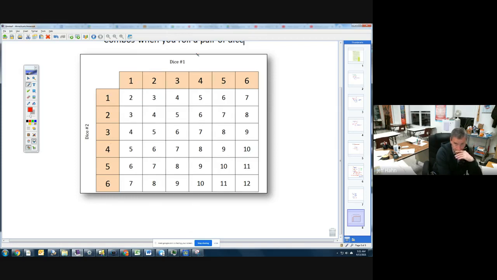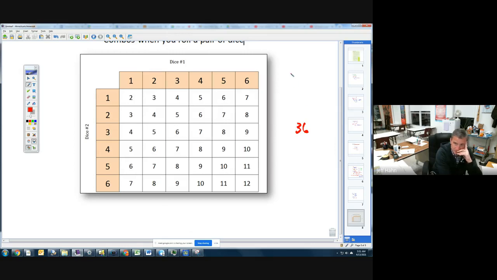So this gives you quickly, first of all, there's 6 possibilities here and 6 possibilities here. The white stuff are all the different sums that you can get. You roll a 1 on one dice and a 1 on the other, you get a 2. There are 36 different combinations when you roll 2 dice, because again, our choices are 6 here, 6 there, multiplied together. And then this is all the numbers you get.